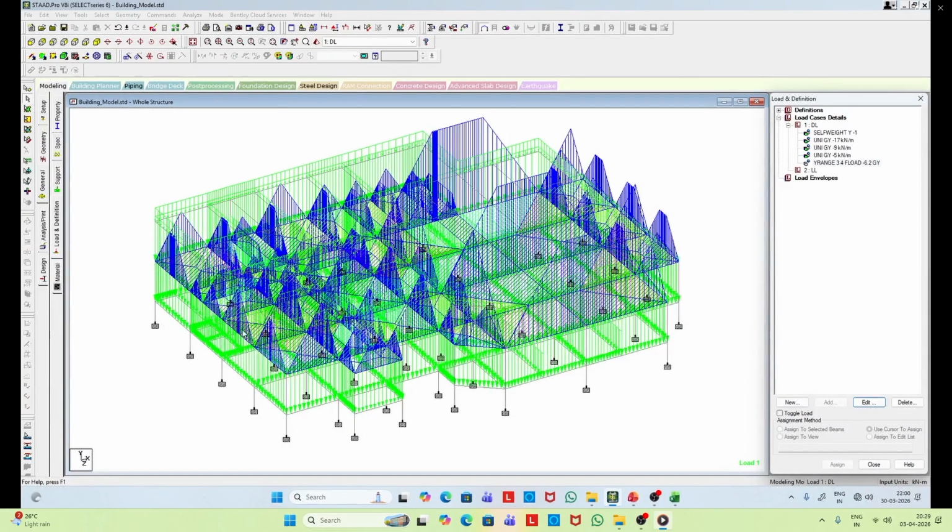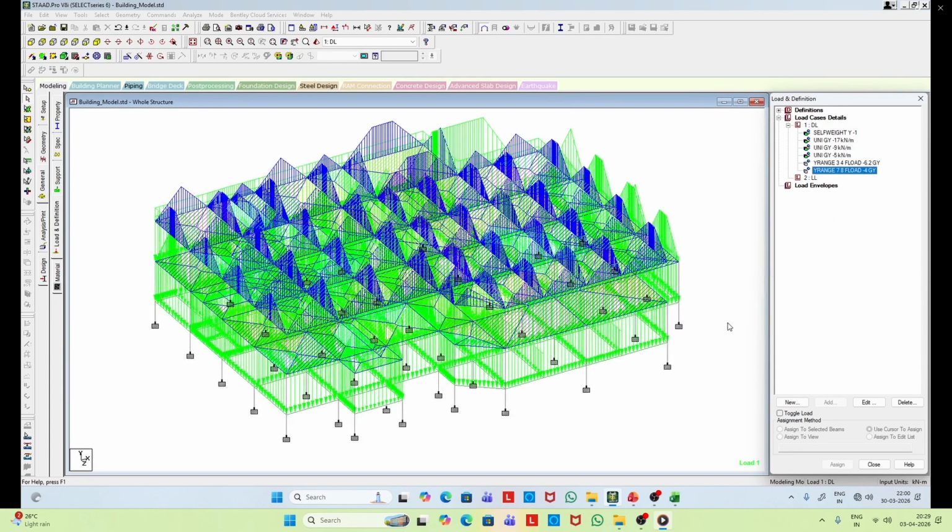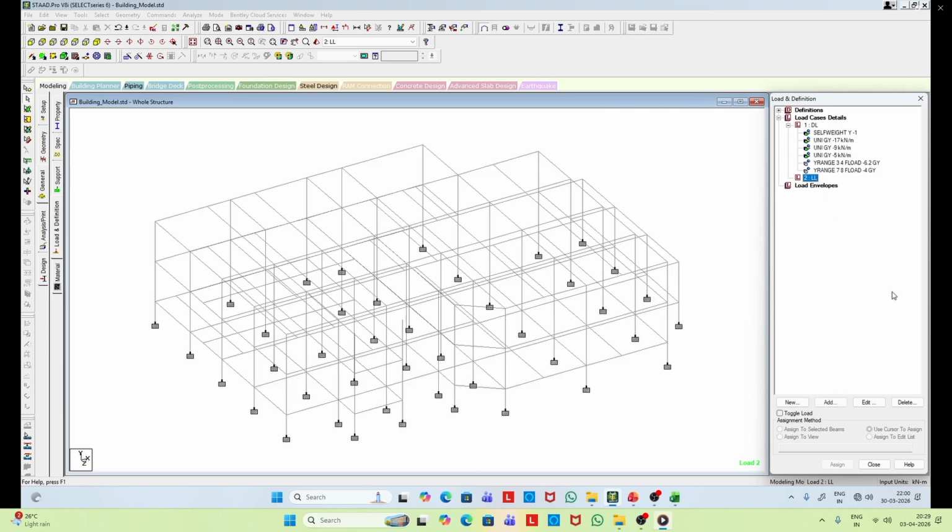So at the first floor level, the loads are applied. And in a similar way, the second floor or the roof level loads are also applied.